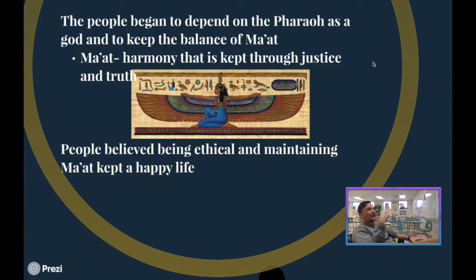Well, the people began to adopt this idea known as Maat, right? So now Maat became a very, very important construction of Egyptian culture and like many, many, many other things during the Middle Kingdom we're about to discuss. But following the first intermediate period, you saw the rise of this concept of Maat.